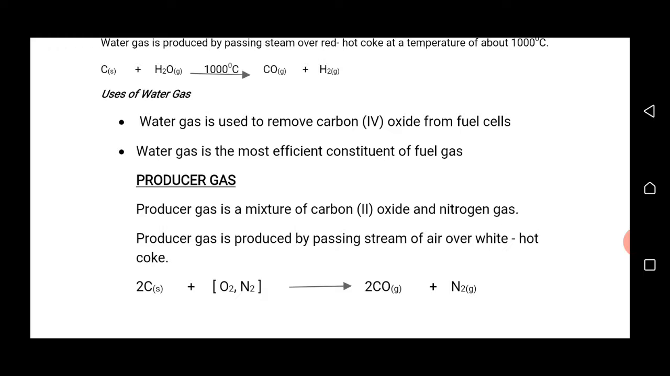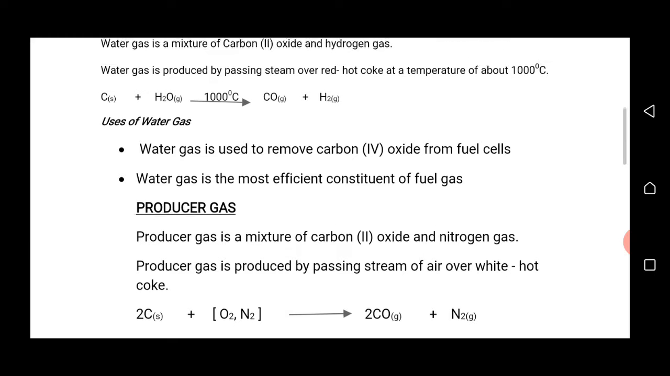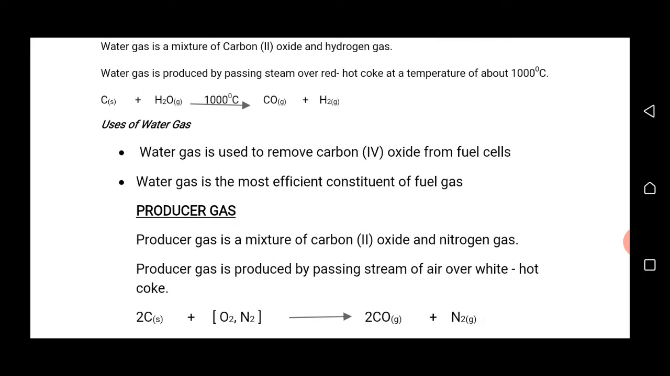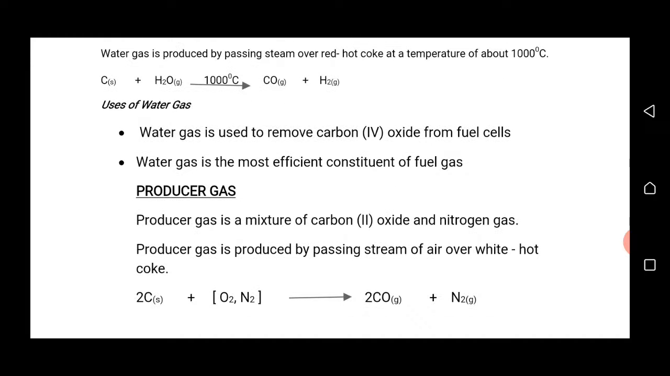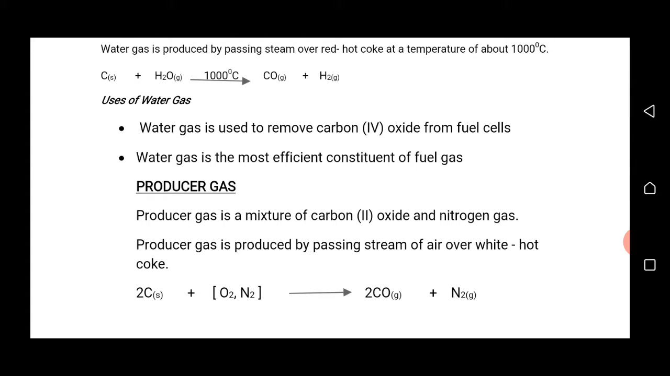So when coke reacts with steam at the temperature of about 1000 degrees Celsius, water gas is produced. That is the mixture of CO and H2. This is the equation of reaction. Carbon here